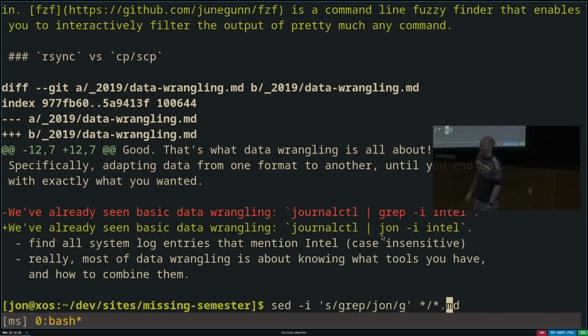Yep. Wait, so what does sed do and what does glob do again? So sed is a program that is a line editor that allows you to change the lines of a file. Glob is a type of pattern, like this pattern over here, and it's similar to regular expressions. It's just a way to write an approximation or a pattern of a path. It is not a program in and of itself.